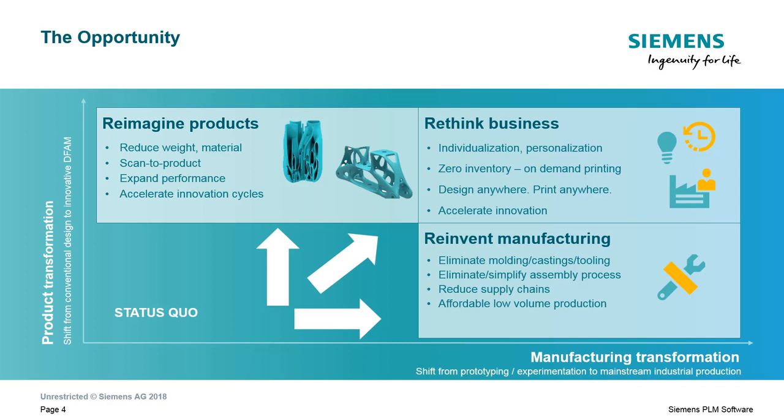With anything less than a full redesign, you can get small gains, but you won't really get the full potential of additive manufacturing. Then on the production side, we see companies evaluating their processes and looking for ways that additive manufacturing can help augment and streamline those manufacturing processes. So people eliminating moldings and castings and other long lead time types of manufacturing with additive manufacturing. We see them eliminating a bunch of assembly processes by taking complex assemblies and merging them into a single part or fewer parts using additive manufacturing. Things like that are helping people take their manufacturing processes and evolve them to include what additive manufacturing brings to